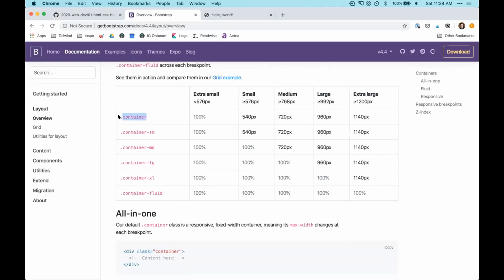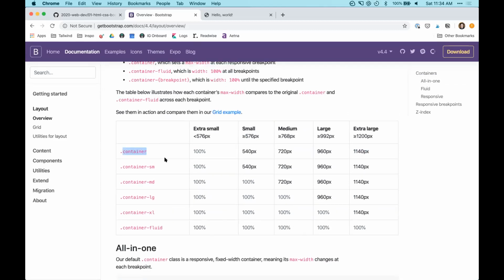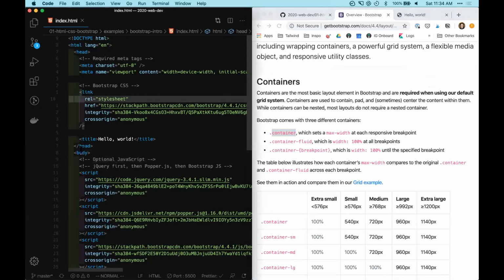So by default, the normal container, right, on small screens it's not going to take up more than 540 pixels. Even on the biggest screens, it's never going to get wider than 1,140 pixels. So this is probably a good choice most of the time, or container-fluid if you want it to take up all the space. So I'm going to do container,